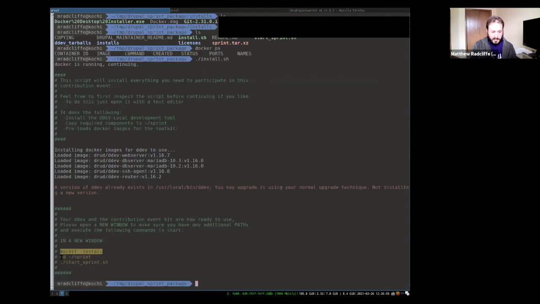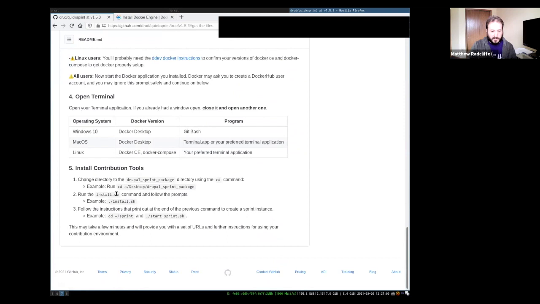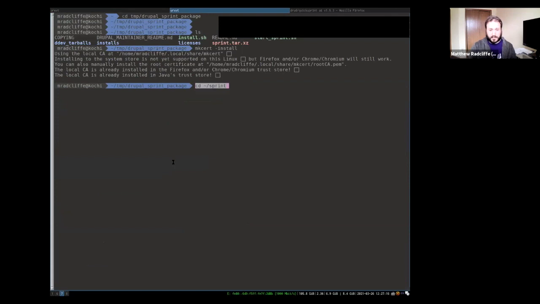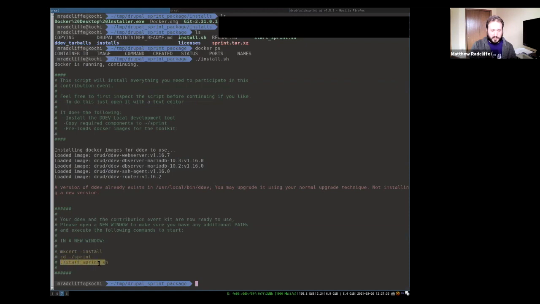And then it's going to say, okay, now change directory into your home directory /Sprint. So again, let me go back to the instructions here, and we're on step 5. I want to change the directory into the Sprint directory. I have one extra step, in that since I'm special, I'm just going to be in my Python environment. And again, the last thing it's going to tell me to do is run start sprint.